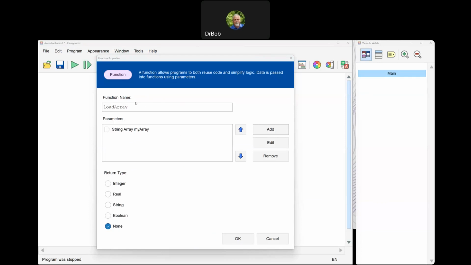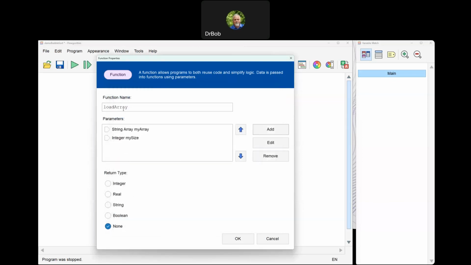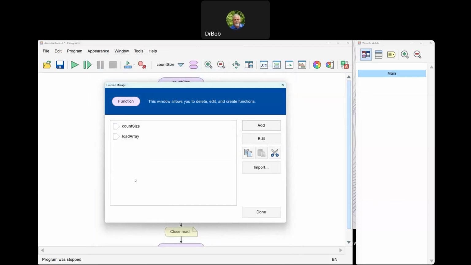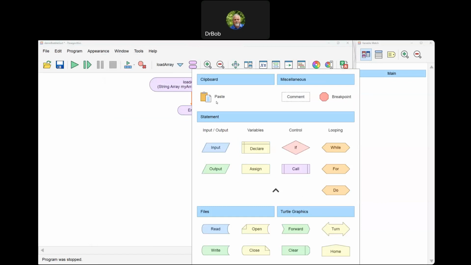Okay, so what we're doing is the function we're going to call load array, and we're going to pass the string array. And I'm also going to pass one other thing. I'm going to pass it size. Let's call it my size, because we're calling it my array. So what I'm going to pass load array is the array itself and my size. Now, I don't necessarily have to pass size. I can find a way to calculate the size in load array. Okay, but just for the sake of argument, we're just going to go load array, paste in what we did